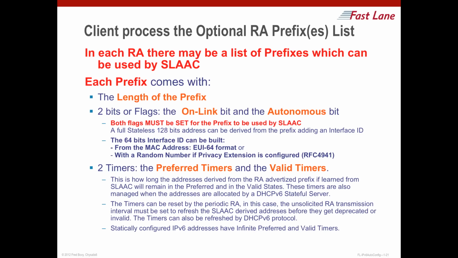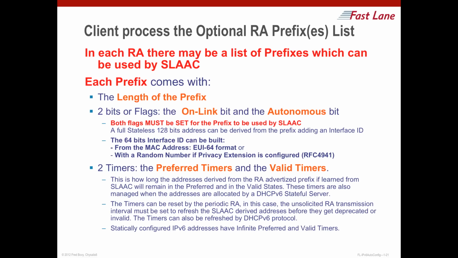And then from this prefix, we add the 64-bit interface ID, which can be derived from the MAC address if it is an EUI-64 format, or it can be a random number if we use privacy extension, which is recommended actually. And we also have 2 timers, and these timers are used to